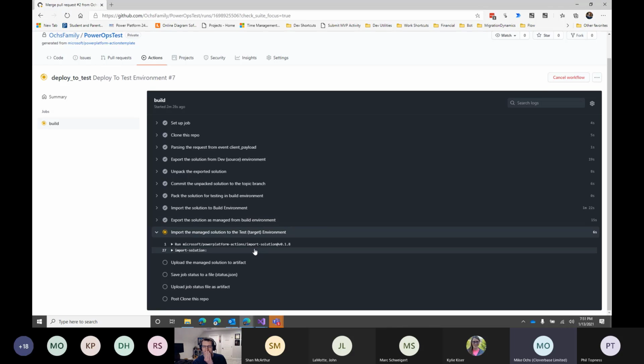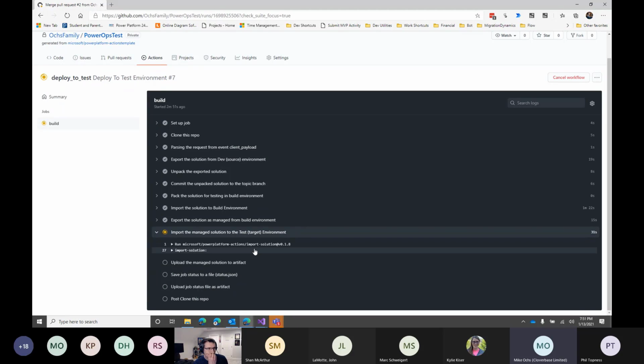And when you deploy it to production, it will send another approval to the admin to say, okay, Mike's ready to deploy this to production. Do you approve? And if you approve, it will go through the process again and push it from the test environment to production.